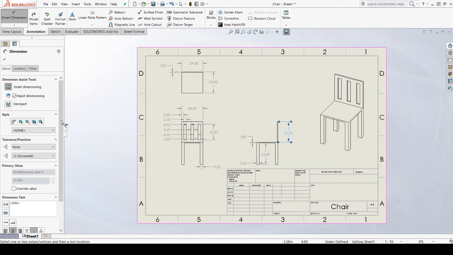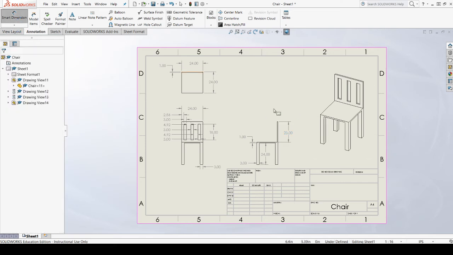Now you can do like the dim expert or things like that. I personally don't like to use those. I feel like it puts things in annoying places and I don't like it. But you can feel free to play around with that a little bit if you want. There's also a lot of other things that you can do in here. So for example, one thing that can be useful